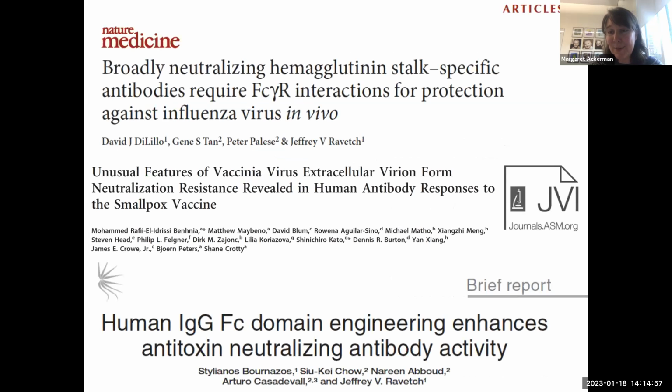And that's just one example. There are many. I picked some other examples throughout this talk that I hoped other speakers in the series wouldn't be alluding to. So this has also been observed in influenza. In the context of smallpox, when you measure neutralization, you actually don't see much unless you're performing that assay in the presence of complement. And even antitoxin antibodies, which, if anything, you would expect to not benefit from effector functions, even those neutralizing antitoxin specific antibody responses benefit in vivo from antibody effector functions.